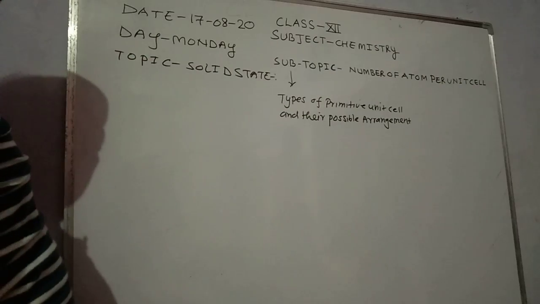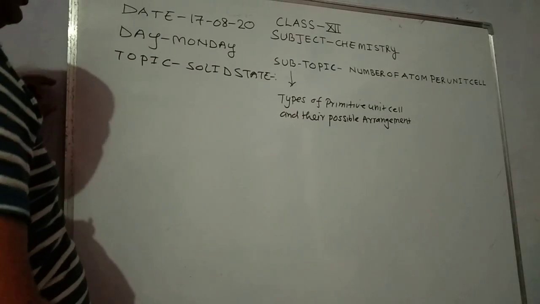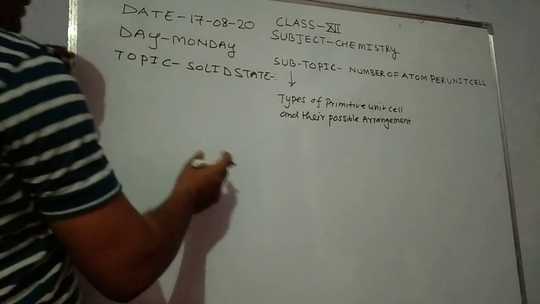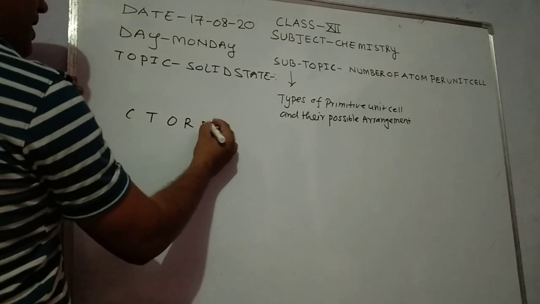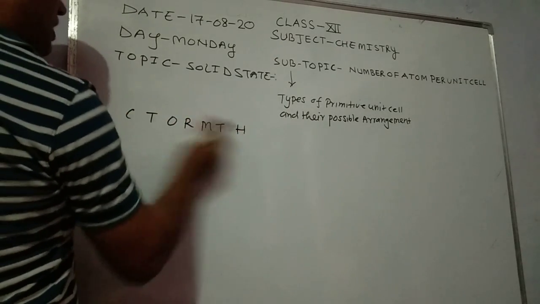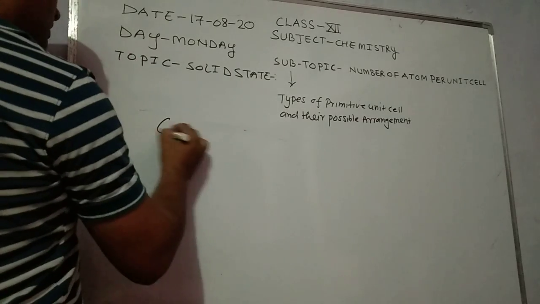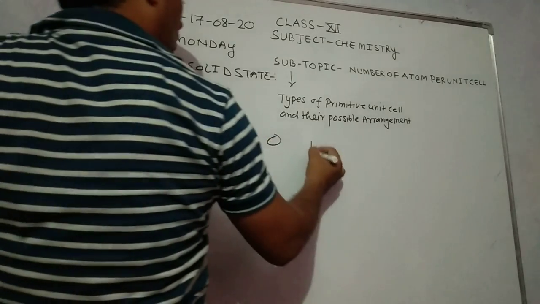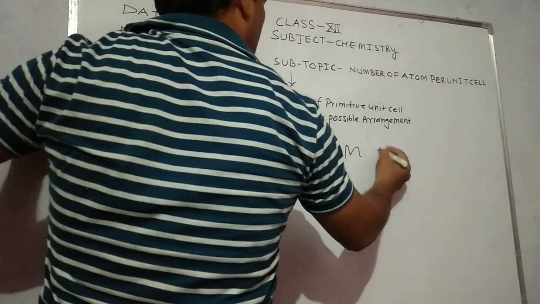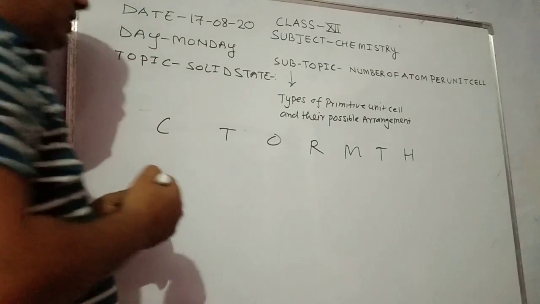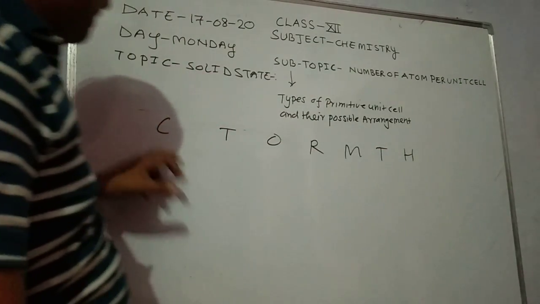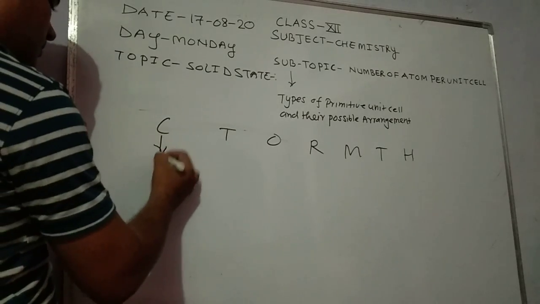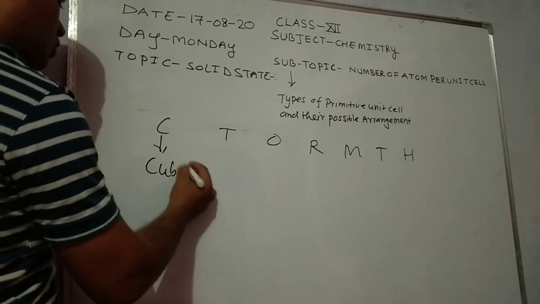There are 7 types of primitive unit cell and their possible arrangement, that is CT, OR, MTH. I am going to discuss in detail CT, OR, MTH. There are 7 primitive unit cell and their possible arrangements are: C means cubic, T means